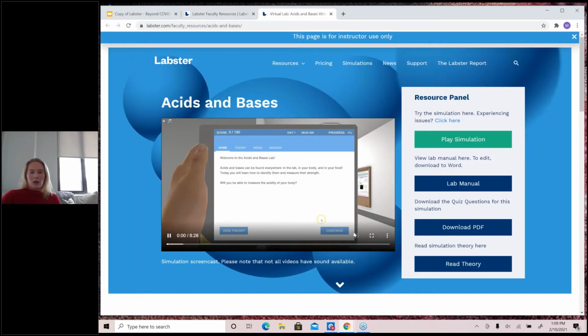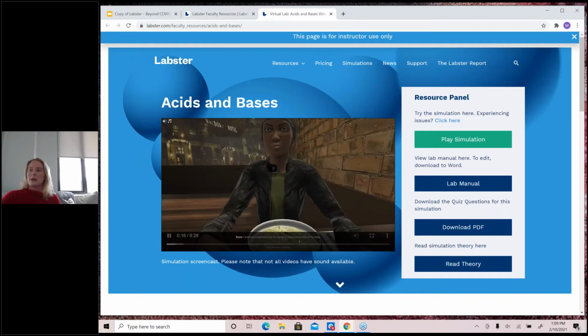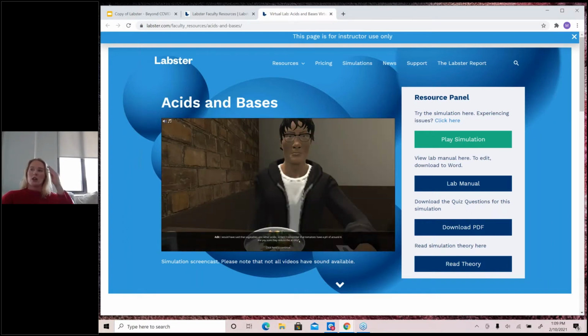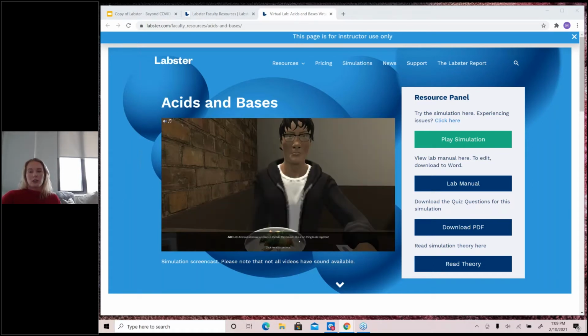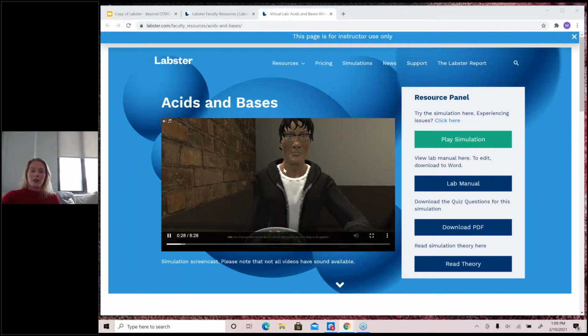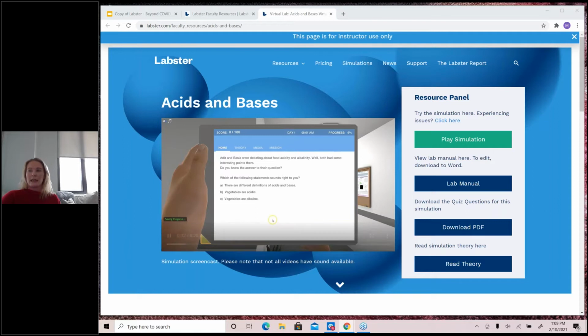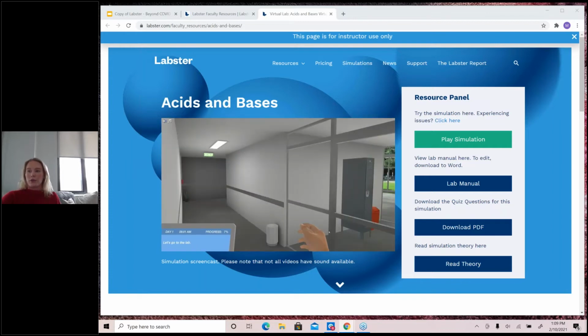I will just go ahead and hit play here and kind of skip around. So all of our simulations start with a scenario, so the students know what problem they have to solve. And the students are actually following the directions on the lab pad, which you can see right here that just popped up. And they're actually using their computer mouse to click on the lab equipment and work through the lab